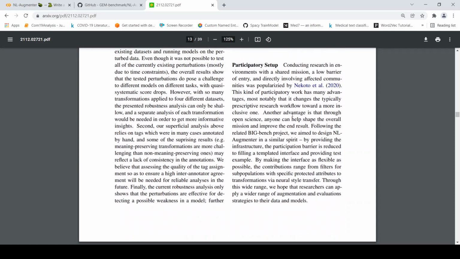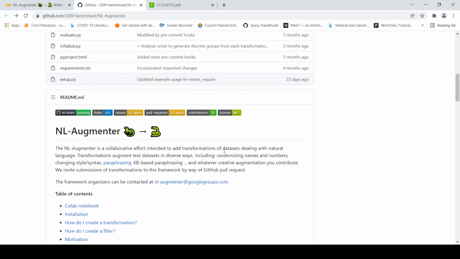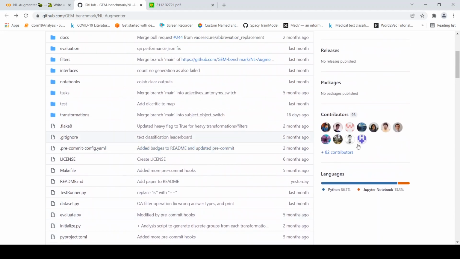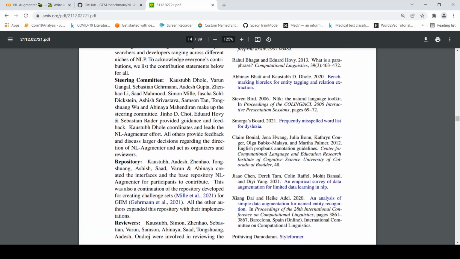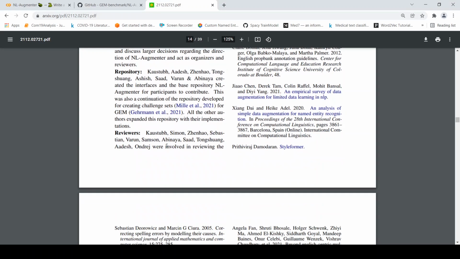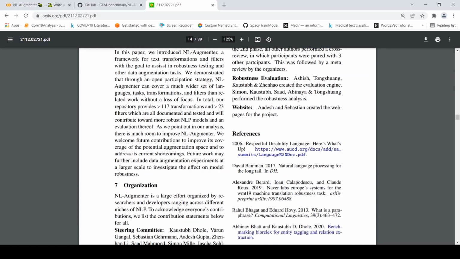I wouldn't go into the details. To me, NL Augmenter looks like a very comprehensive framework with a lot of augmentations for a lot of different tasks. So if you want to do some kind of augmentation of text for NLP, you can look at this particular package. Okay, and if you see over here, multiple contributors are present, and if you look at the paper, they even explain the organization, the steering committee, who manages, who reviews, right, who manages the robustness and evaluation.